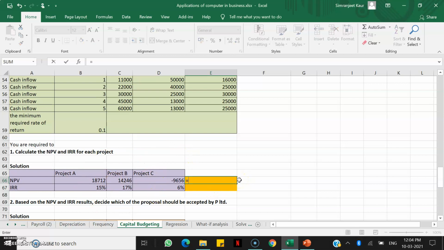I'm doing it here. So we will use my IF formula. The first condition that I need to put here is that if the maximum of these three is less than 0, right, that means we need to reject all the projects. So let me put it this way: if the maximum of all these three is less than 0, then write reject all.